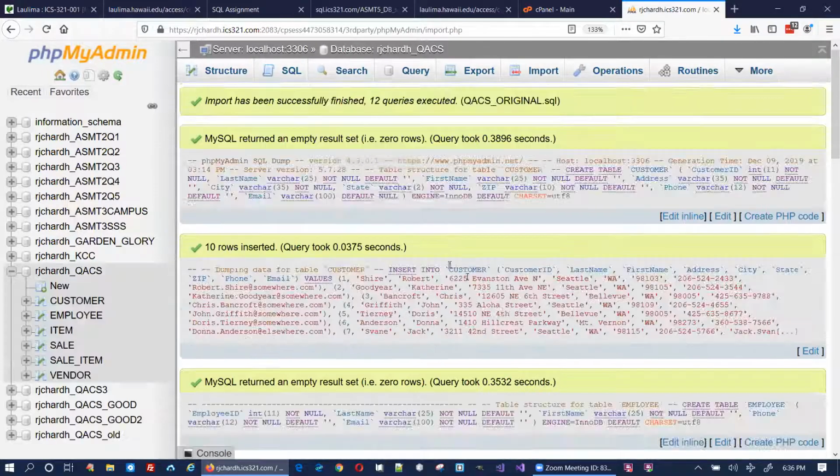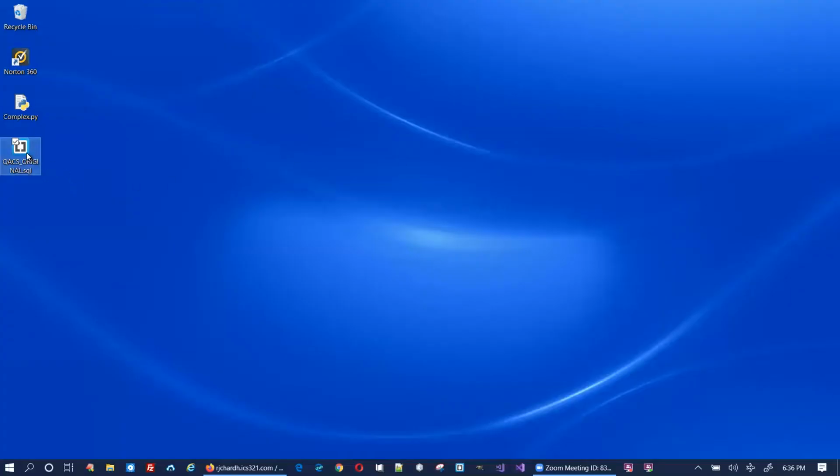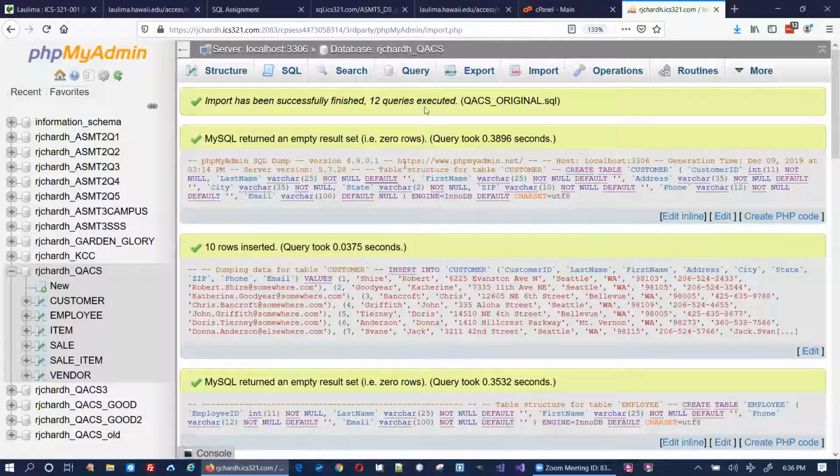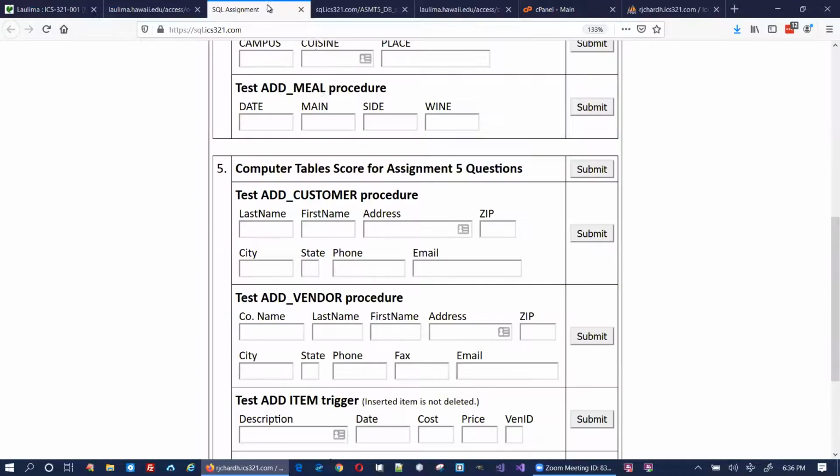and it's all populated. See, the nice thing about this is that this is a file you can save. This is the database export file. So, all right. So we have QACS now, and let's just go check out